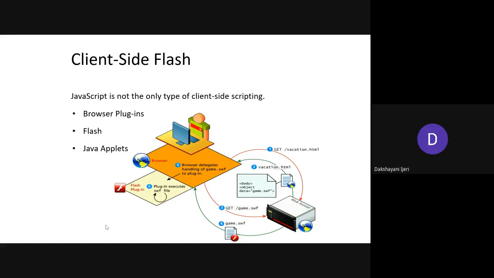Once that file has been given, you can see the extension of this file is SWF. You might not be in a position to open this file through your system. So in that case, the browser is going to delegate the handling of this file to a plugin. The browser is going to give you a suggestion that this plugin is required in order to run this program. So you might install, or attach, that plugin to the browser in order to execute this file.